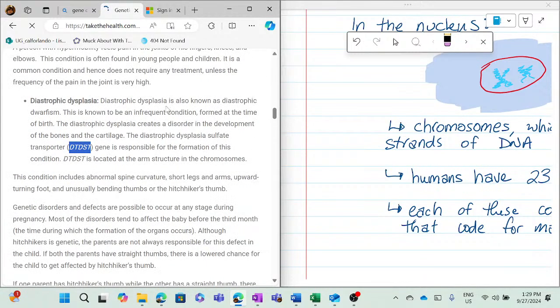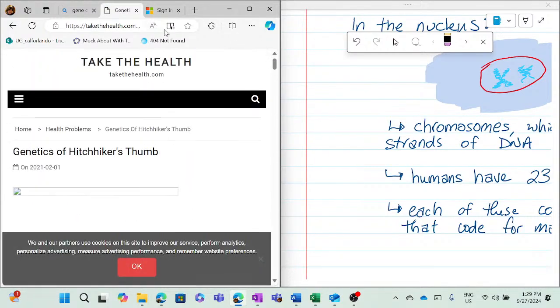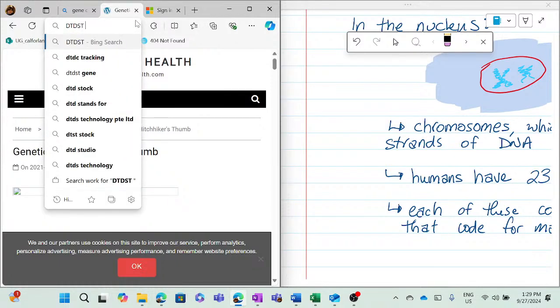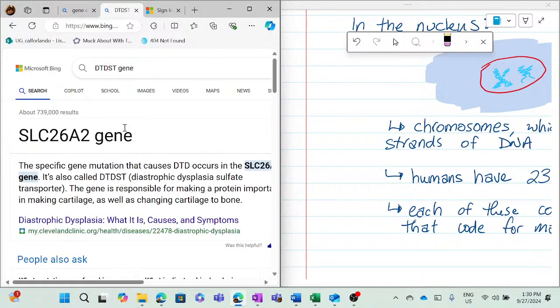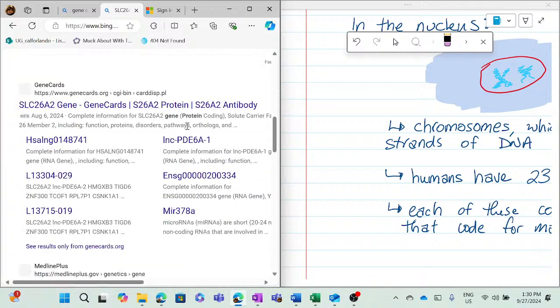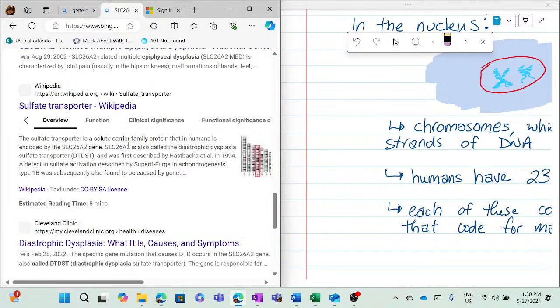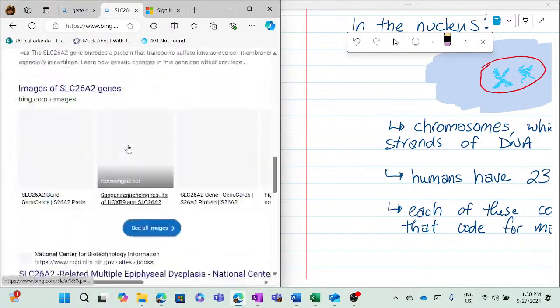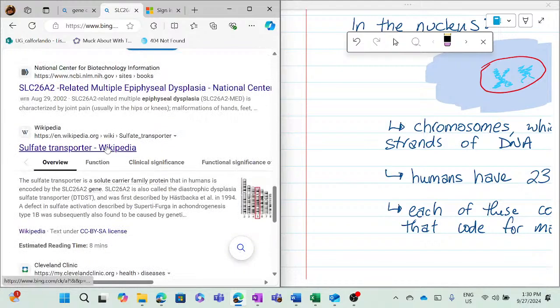So that's not the gene I wanted. But anyway, let's take the gene that they did give here, which this is a different one actually, but that's okay. I want to show you for any gene imaginable. It doesn't matter. So here we have this gene called the SLC26A2 gene. These have very sort of hyper-specific names. If you go look at one of these, you can see where it's located, on what chromosome, everything like that. So if we go to its Wikipedia page, for example,